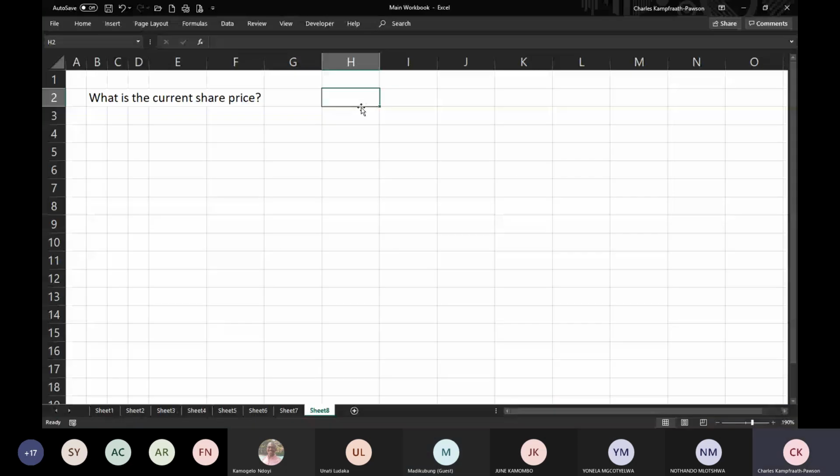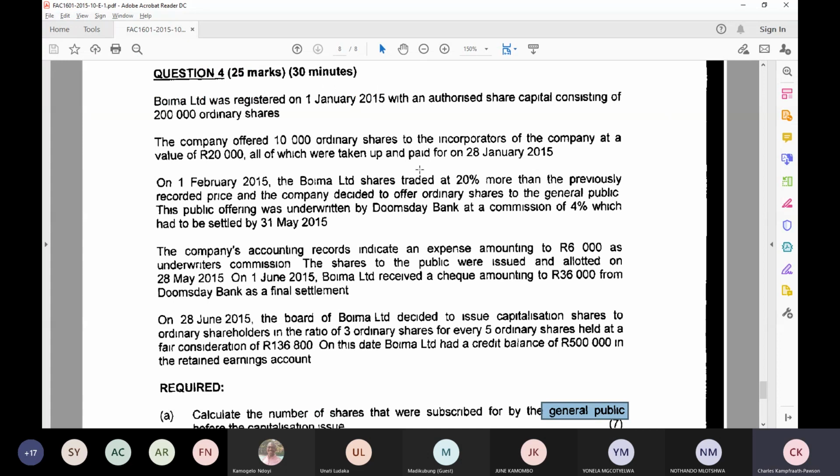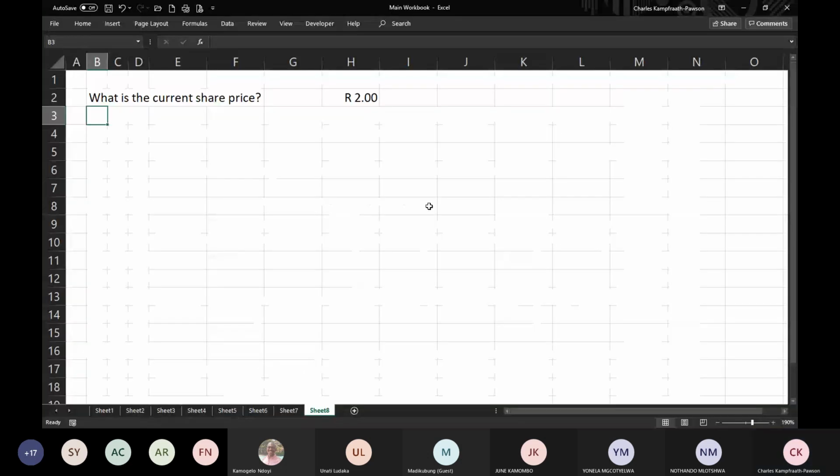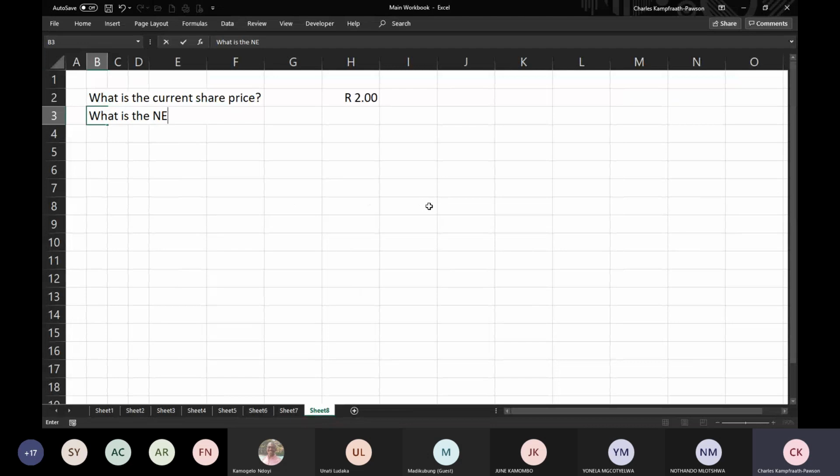Then they say on the 1st of February 2015, Boma Limited shares traded at 20% more than the previously recorded price. What is the new share price? Should be 2.40. 2.40 rand. Okay,